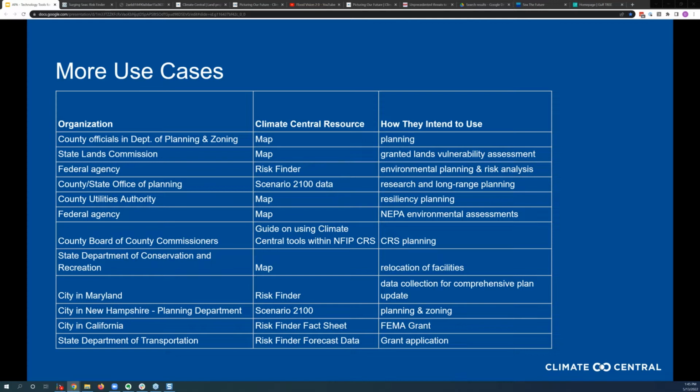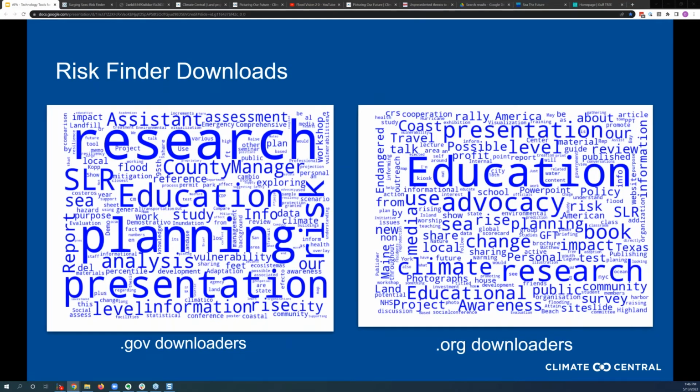So the third column is what they typed in as they downloaded these materials. It's a way for us to get a sense of how our tools are being used, to improve them for the future, and, in some cases, to reach out to hear more about their uses. You can see how people have been using our tools within FEMA grant applications. That's an interesting thing for us to realize, and we're thinking through ways our tools could be more useful in that regard, for example. And here are some word clouds of how people have been using them. Nonprofits use them as well, and you get a sense of what they're typing into the intended use field.